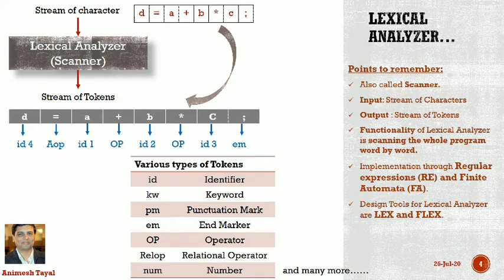It is a designing tool that is called Lex. In short, Lex or Flex. Input for Lex take the input as a regular expression, or you can say pattern. And output of Lex is a big program which represent a finite automata.